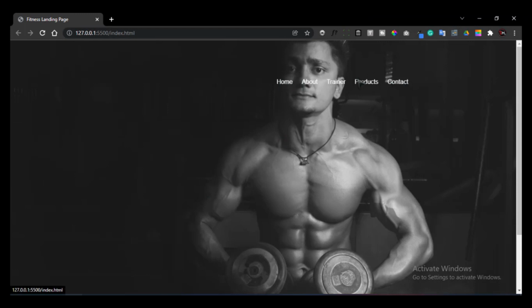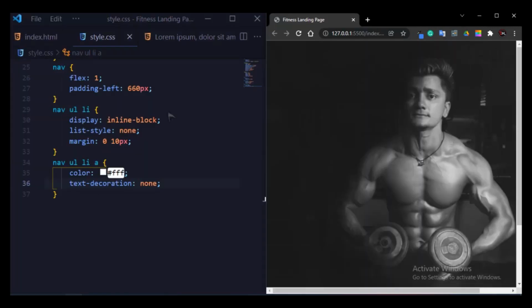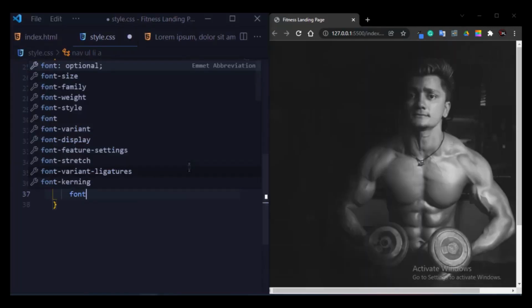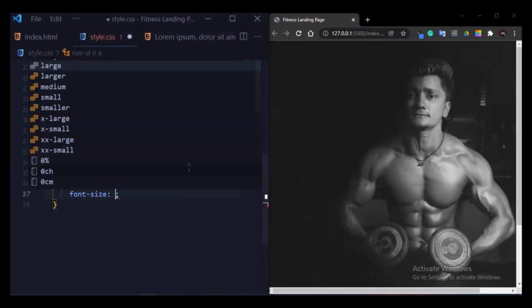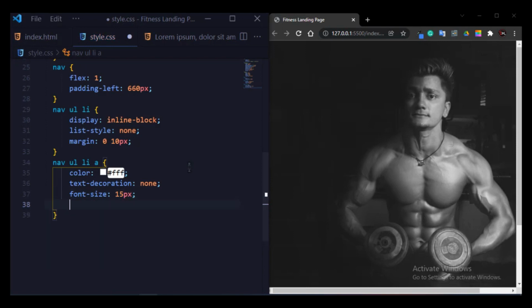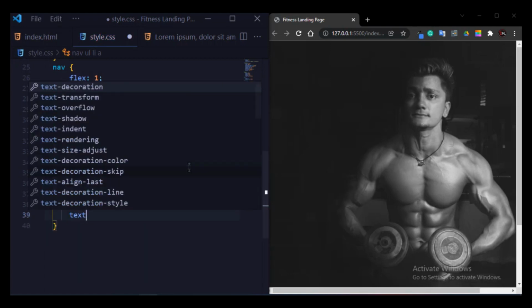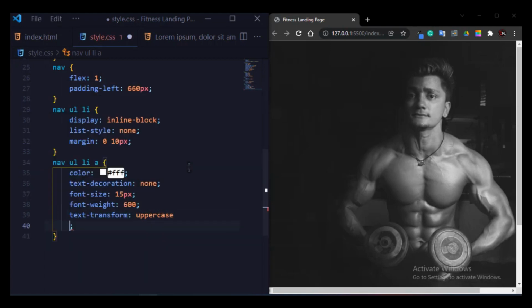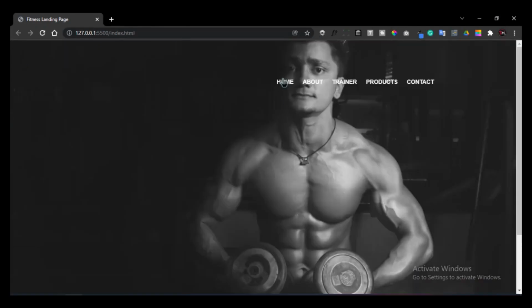As you can see, the color and the text decoration is changed. And now I will set the font size here. So font size 15 pixel and also font weight 600 and text transform to uppercase. Save it and I will show you the output. So our navigation bar is successfully created.